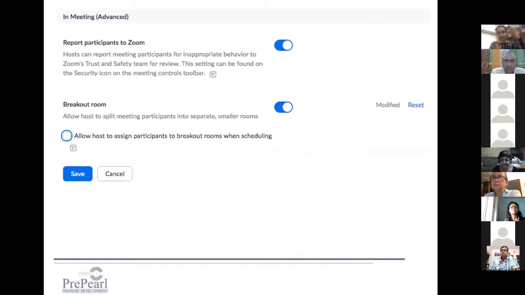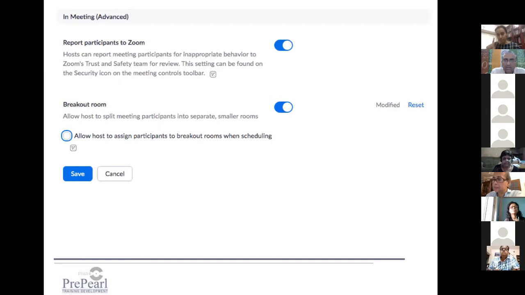In the settings section, if you scroll down, there is something called In Meeting (Advanced). Sometimes by default, if you look at the second option that says breakout rooms, it is not set to blue, so it's not activated. You need to ensure that it's activated. And when it's activated, Debbie, you can see Allow hosts to assign participants to breakout rooms when scheduling.